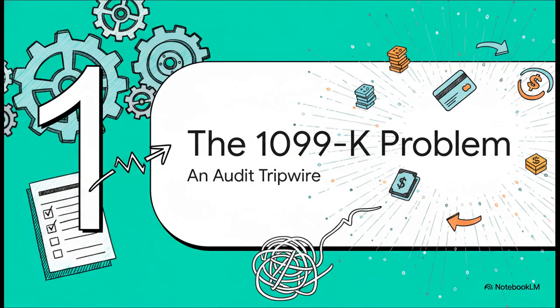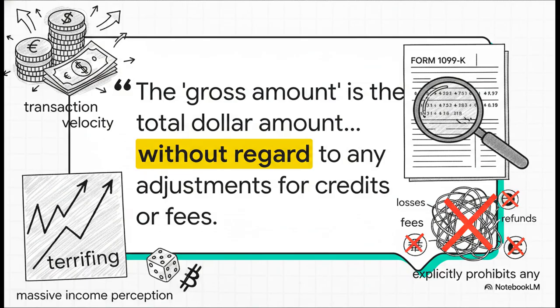The entire issue, the reason we're even having this conversation, really starts with one thing: information reporting. Specifically, it's the way that Form 1099-K is required to calculate proceeds. You have to understand, this form was never, ever designed to handle the kind of transaction volume we see in the digital world today. It's an old tool for a new problem. And look, it's right here in the regulation, Treasury Regulation 1.6050W-1(a)(6) literally forces these payment processors to report the absolute gross transaction volume. It explicitly says, without regard to any adjustments. That means no netting for anything, not for losses, not for fees, not even for refunds.